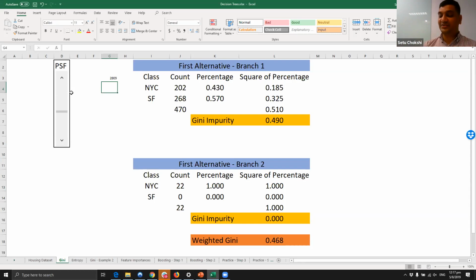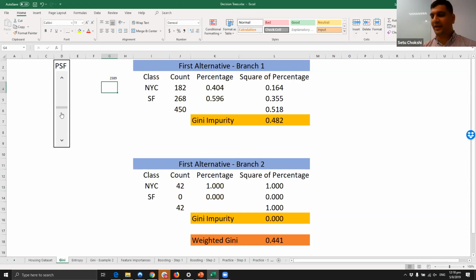So one of the ways to do a split is doing it randomly. What some of these algorithms allow for is that, given a data, let's say in this scenario PSF, I'm just going to split it 128 times or 64 times or 256 times. Whatever number I can set, I'm just going to set it. And for each of those splits, I'm going to calculate the similar exercises that we did: Gini impurity, weighted Gini, or entropy. I have to pick one. I cannot pick both.